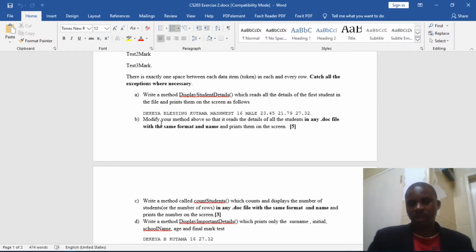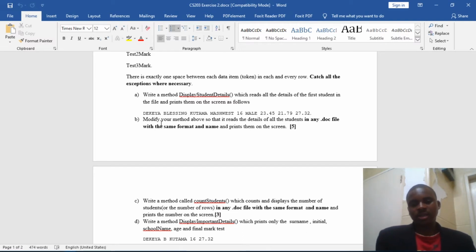We first read the whole file, and then we read line by line using the nextLine method. And then whenever the hasNext method finds there are no characters or anything which is a non-blank space in the file, then it exits the while loop. So that's how it works.